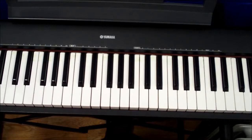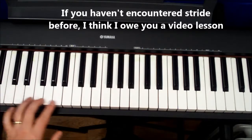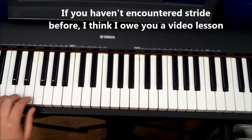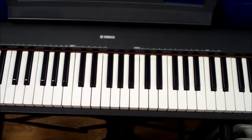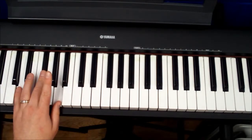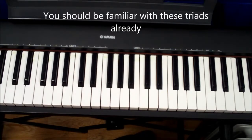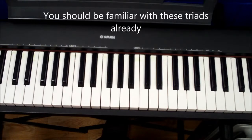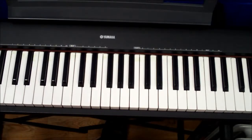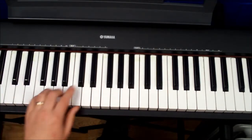Okay. So first I'll talk about what I'm doing on the left hand here, because it sounds reasonably difficult, but it's actually super simple. If you've played stride before, then you'll know how to do this. So it's G chord, E minor chord, A minor chord, D chord. It helps if you're playing the pedal, and just make sure that you release the pedal every time you change to a new chord. If you do that, then it'll sound really, really good. Okay, so you've got